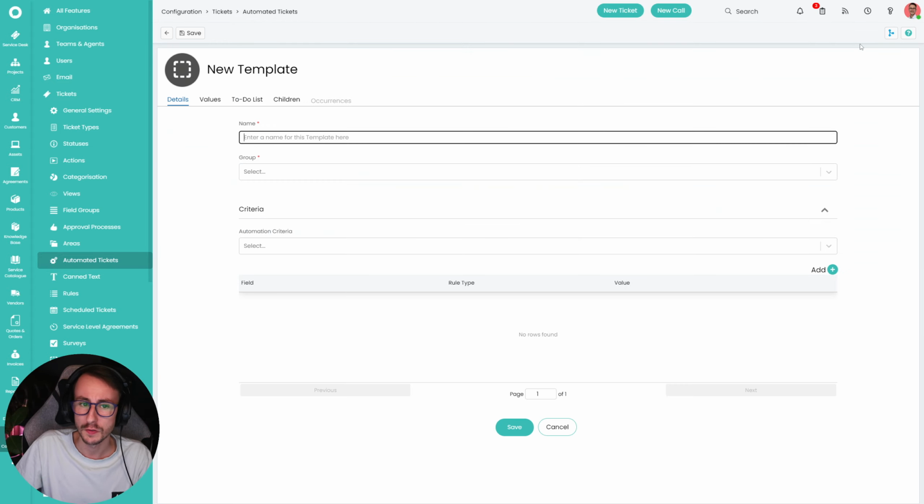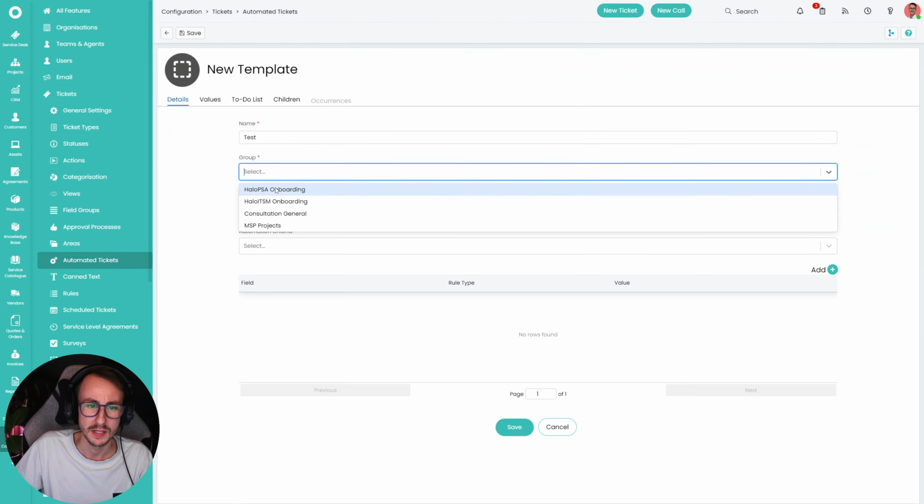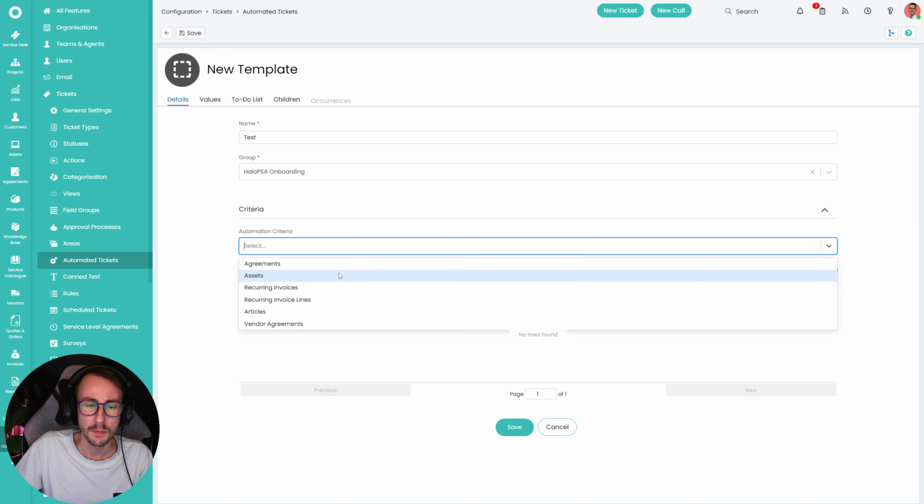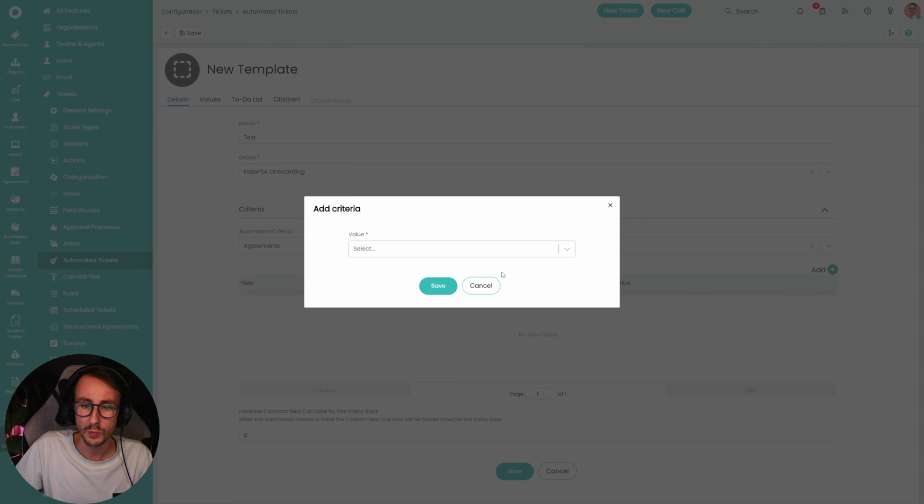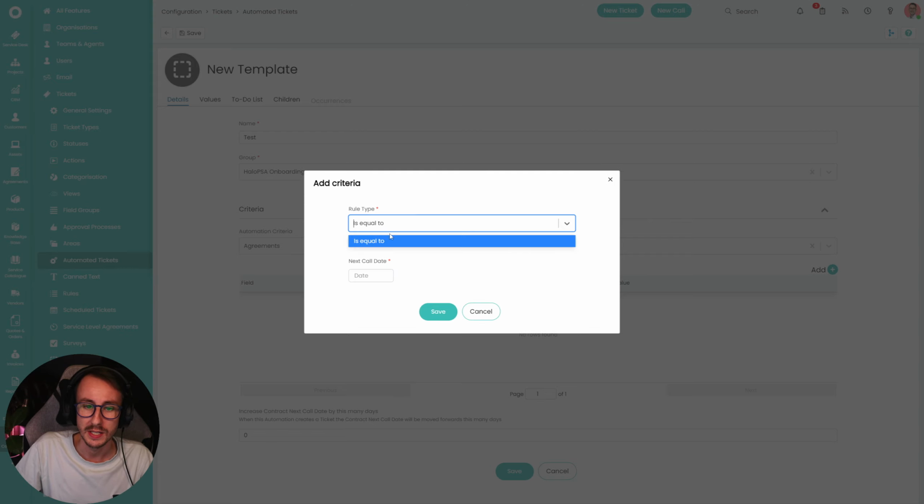As I mentioned, there's other things you can do in here. I'll just type in test and pick a group, doesn't really matter. We can also pick agreements, and we could do the next call date. So if you have evergreen contracts and you don't want an end date on it because they are forever green, then we can do the next call date, and we can say is equal to,